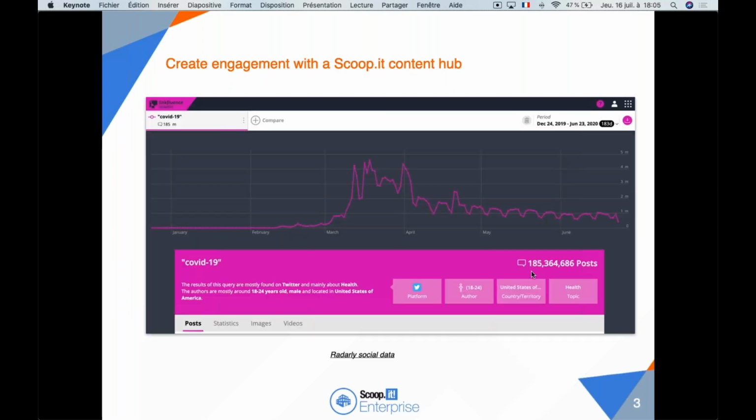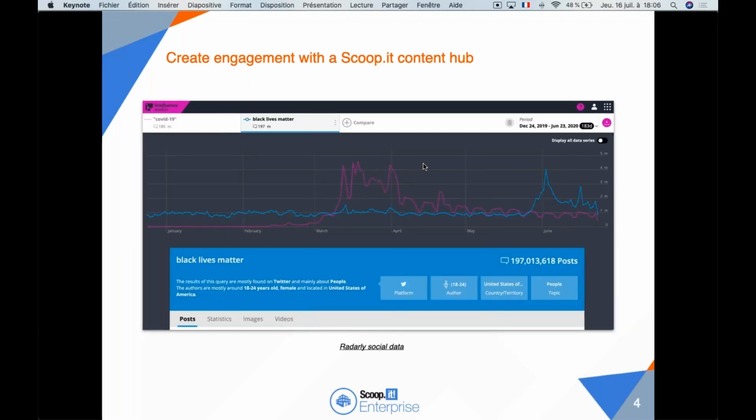So on this graph that has been created with Radarly from Linkfluence, which is part of the same group as Scoopit, Radarly is a social listening tool. So we chose the word COVID-19, and you can see the use of this keyword over the last 6 months, roughly. At first, at the beginning of the year, it wasn't really employed by anyone online. And then when we get towards March and April, with the increase of the pandemic, there's also a huge increase with the use of the keyword online.